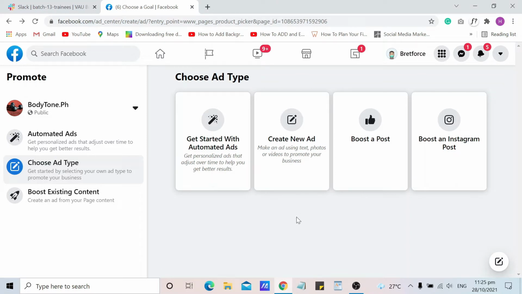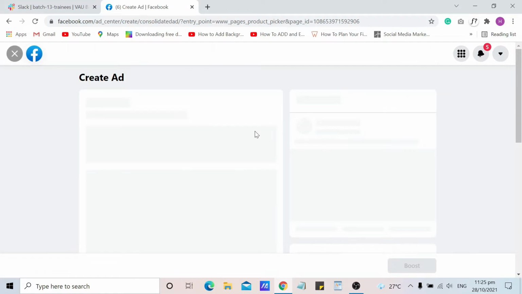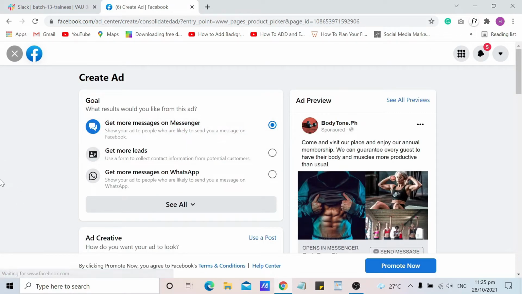The second one is create new ad. Just click it here. And here is almost the same as getting started with automated ads.